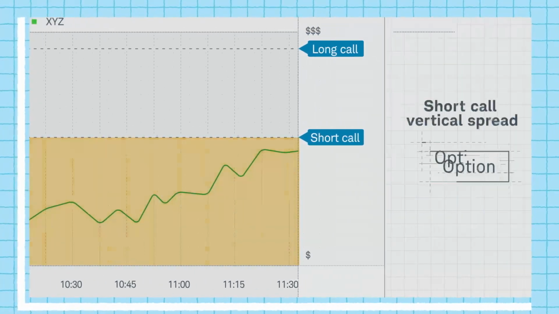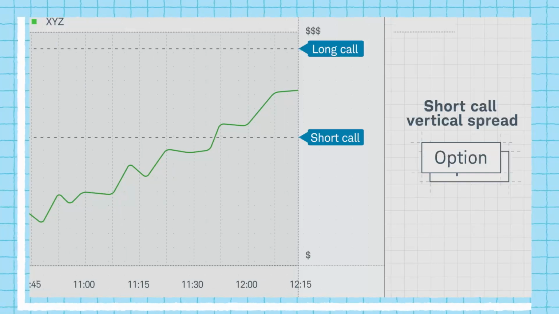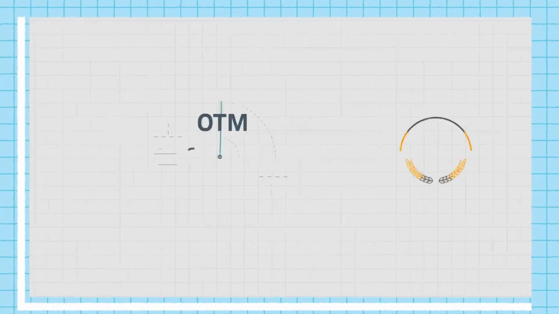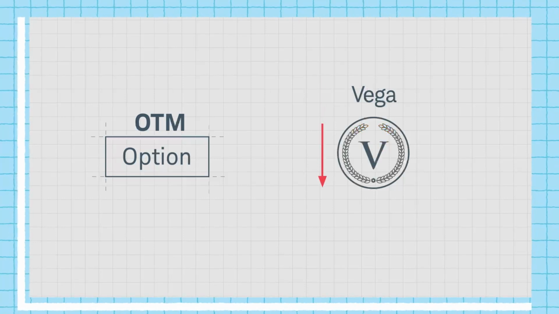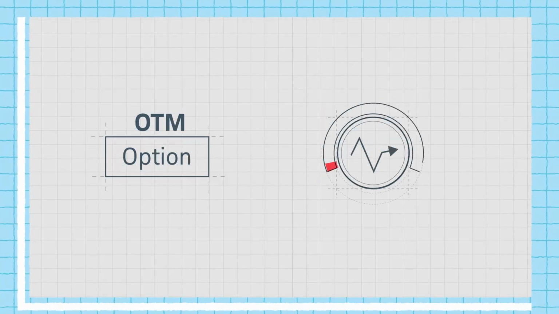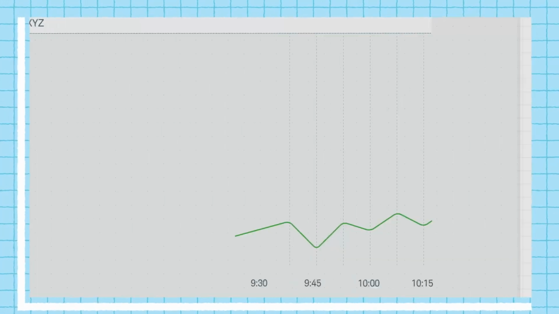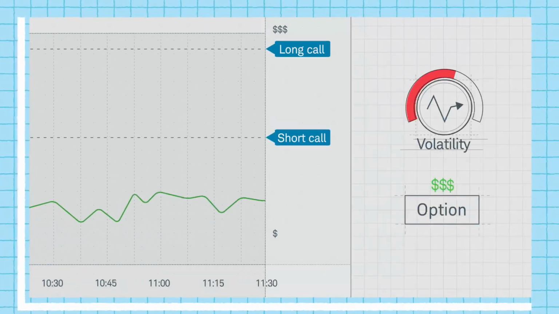If it climbs too far or the options premium increases, it likely leads to a loss. Another benefit of out-of-the-money strikes is that they tend to have lower vega than at-the-money options, so implied volatility spikes should have less of an impact. Rising implied volatility causes options values to rise, which is bad for short option strategies because they make premiums more